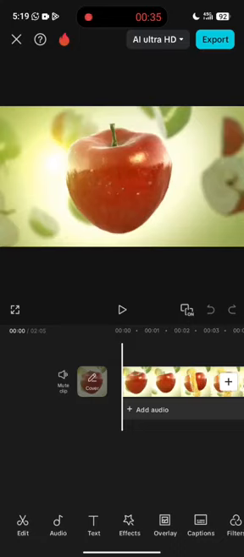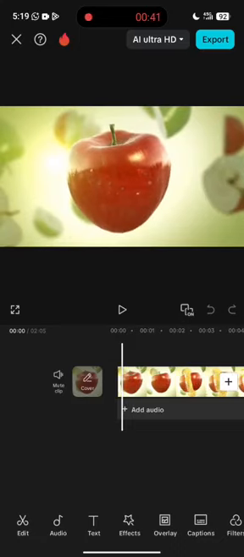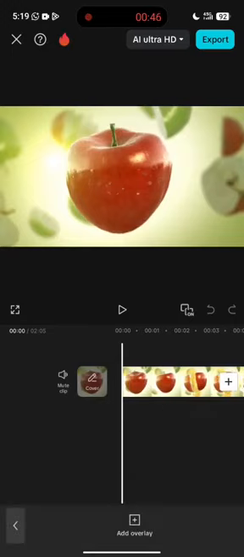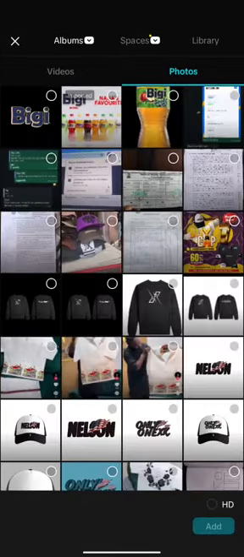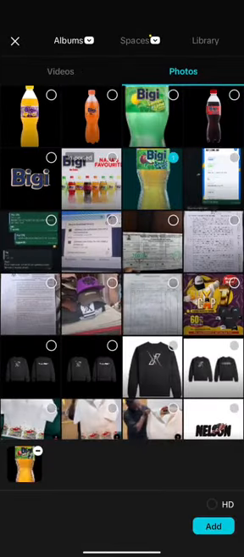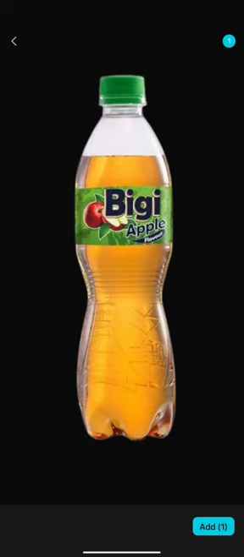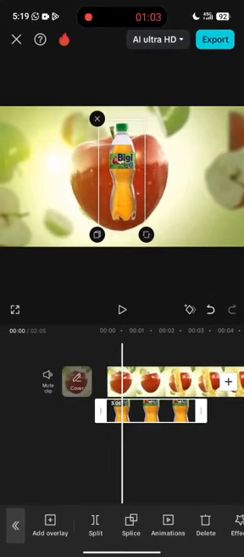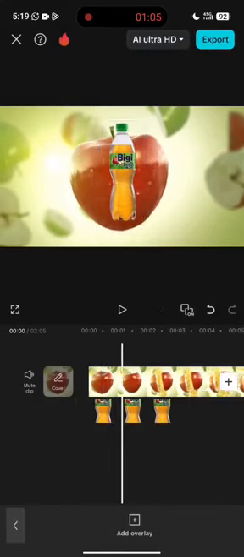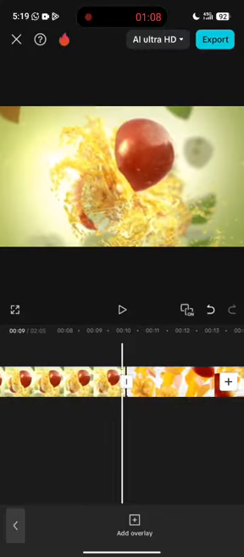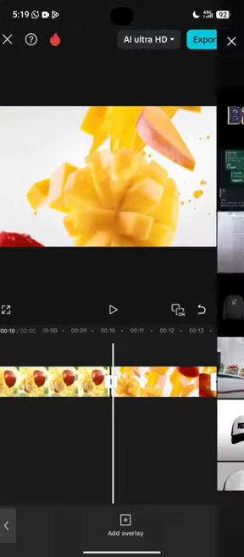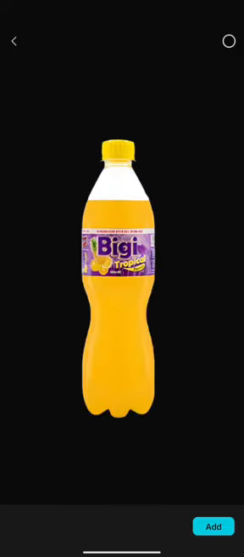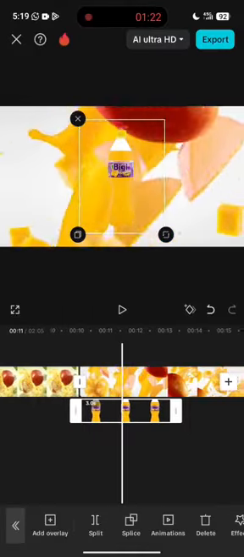So the first overlay we'll be adding is the apple. We'll be adding the Bigi Apple. So come to overlay, then add overlay, and we have the Bigi Apple. So this is it. Let's see. Yeah, this is it. So add it. So this Bigi Apple will be working with this main apple here, and then come to this other side. Add overlay. We have this Bigi tropical. Let's see. Yeah, this is it. Add. So this tropical will be working with this one,